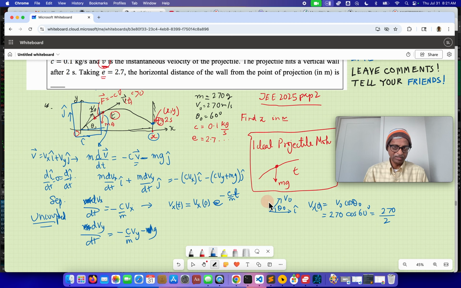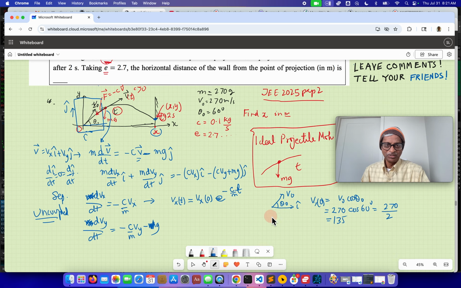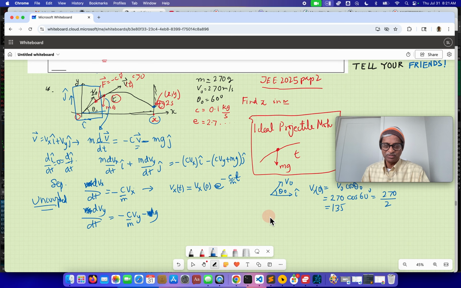You can put it like this, or this will be 135. I personally think putting numbers here actually makes me confused, and I lose track of what the concept is. So most I'm going to do is just make this a new symbol,